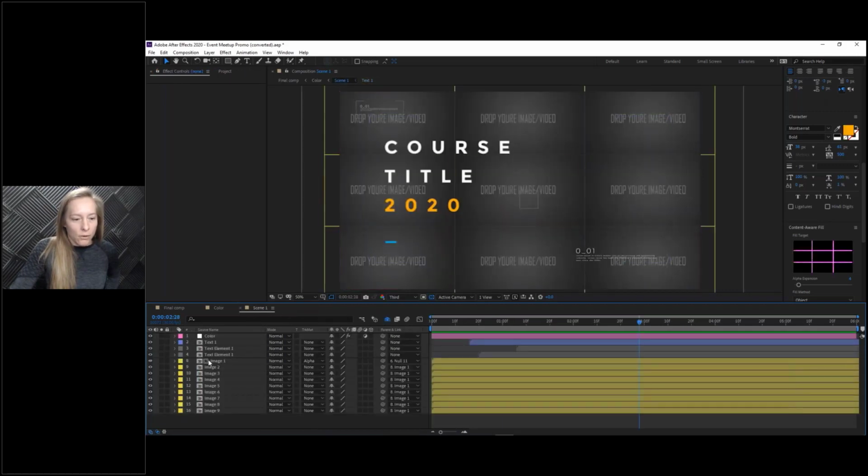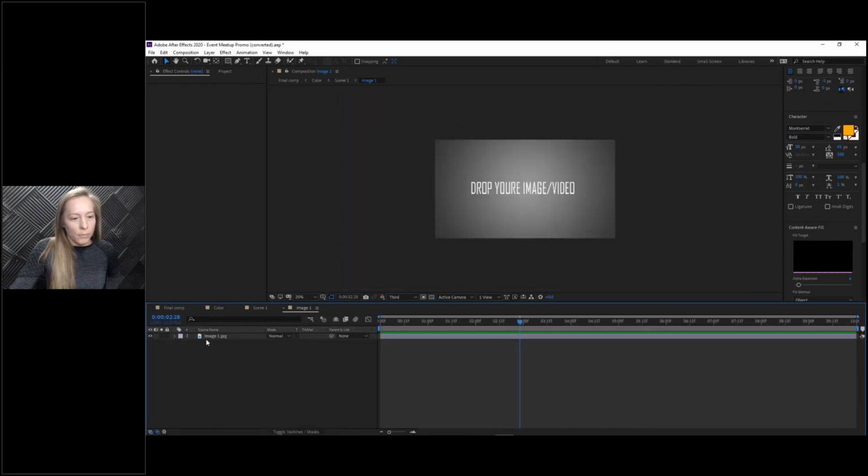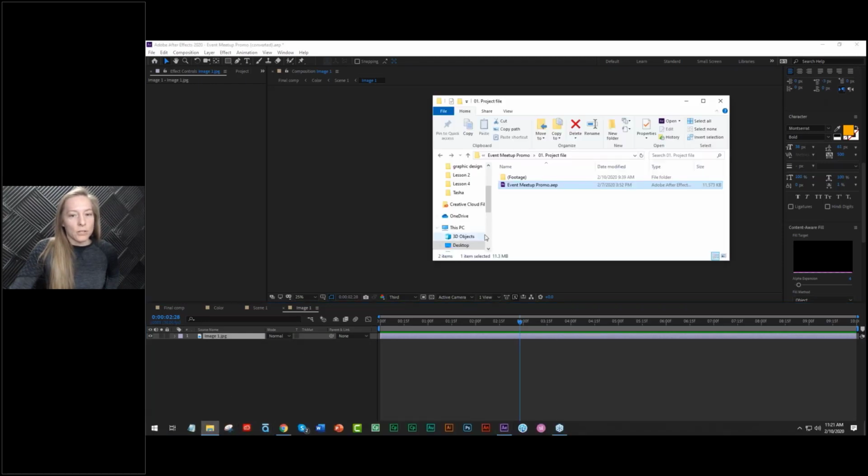Let's say we want to now edit the images. So let's start with image 1. Open up that pre-comp. You can see it has a placeholder 1. It says place your image here. Now we're going to start importing some images. I've created,